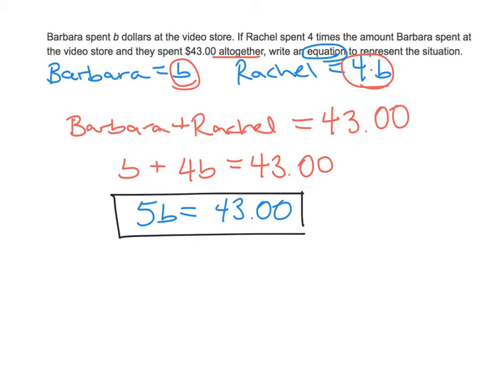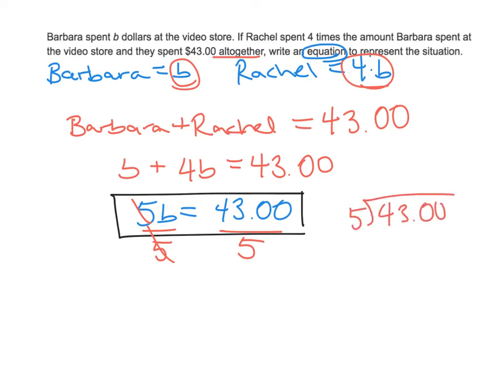However, you will find that there are some problems that are going to ask you to solve for B, to solve and figure out how much money Barbara spent or how much money Rachel spent. And so if that were the case, then we would simply divide, knowing that this is a multiplication problem. So the inverse operation of multiplication is division, so I'm going to divide by 5 on both sides. My 5's cancel out, and I have $43